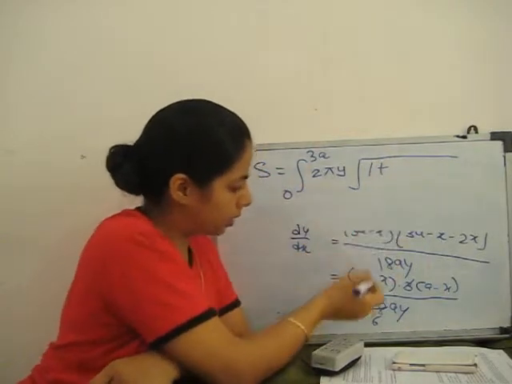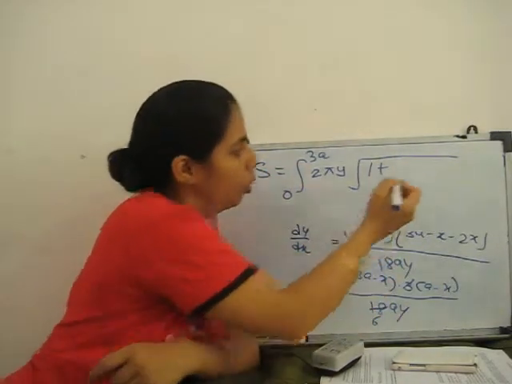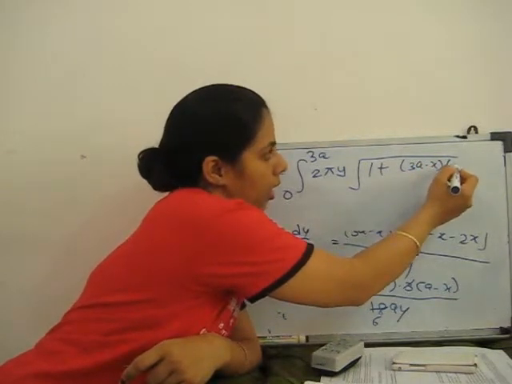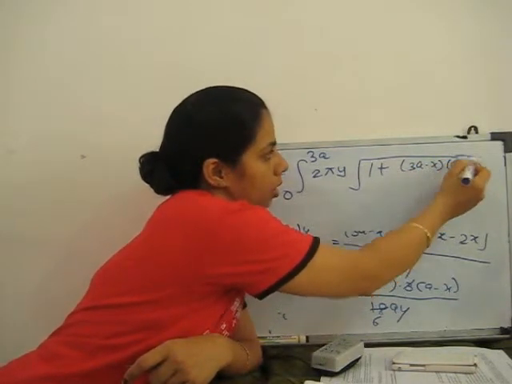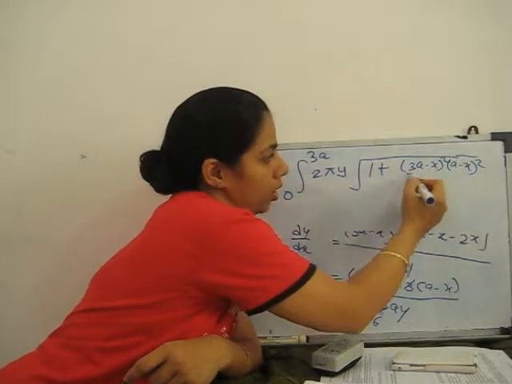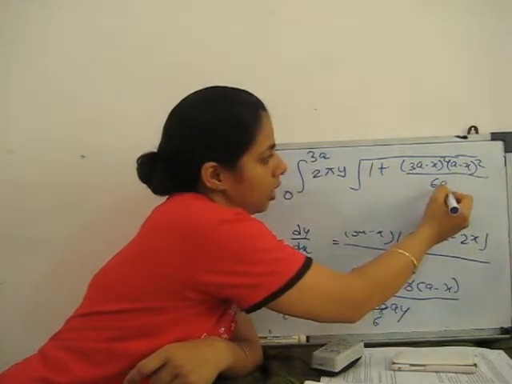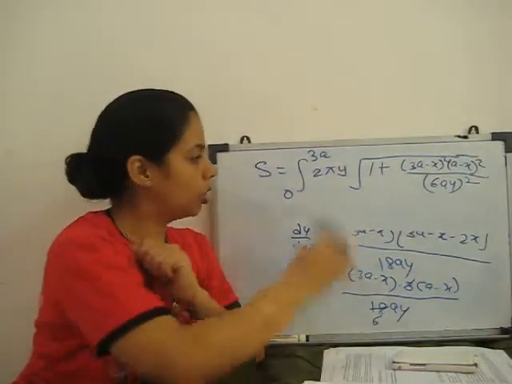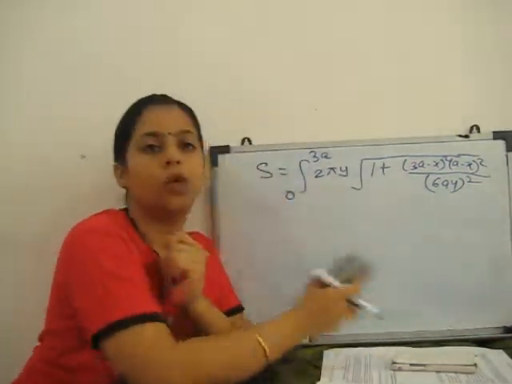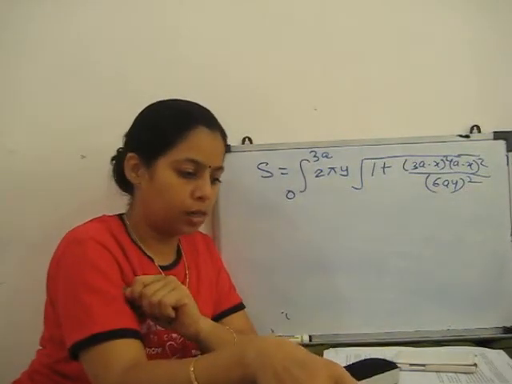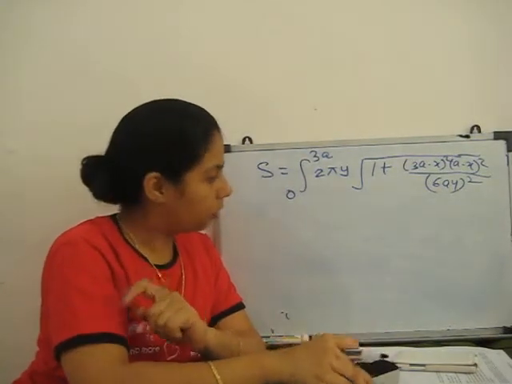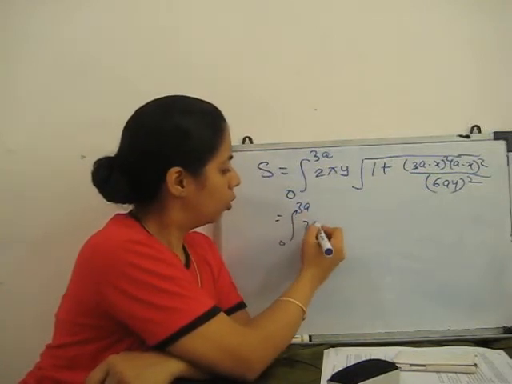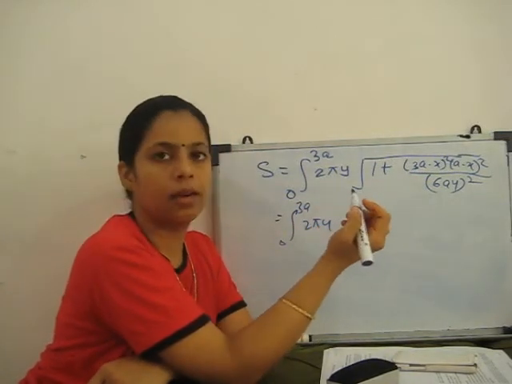So 1 plus, this is our dy by dx whole square, (3a minus x)(a minus x) whole square upon 6ay square. Now just a few more steps for finding the solution. You just simplify it. If you simplify it, integral 0 to 3a, 2 pi y, this 6a y square, if